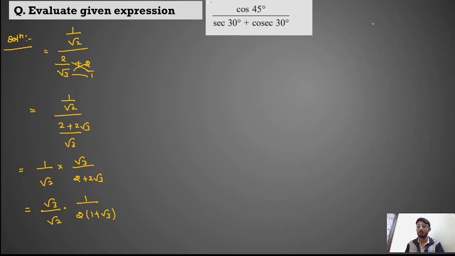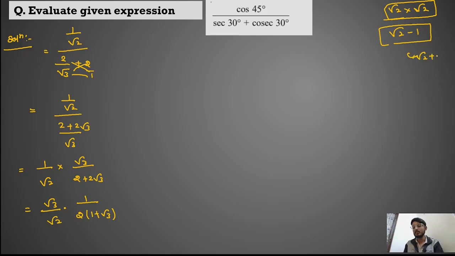So to remove a single square root, you multiply the term by itself. But if you are given this kind of term, to rationalize it you have to multiply by the same term with the sign changed. That means you have to multiply this term by root 2 plus 1 in both numerator and denominator. So you can simply write it as rationalize.